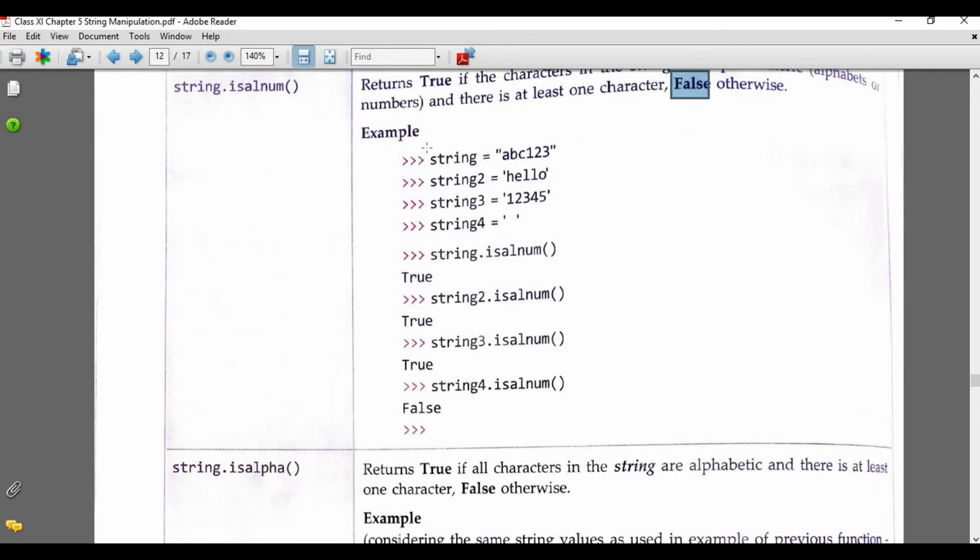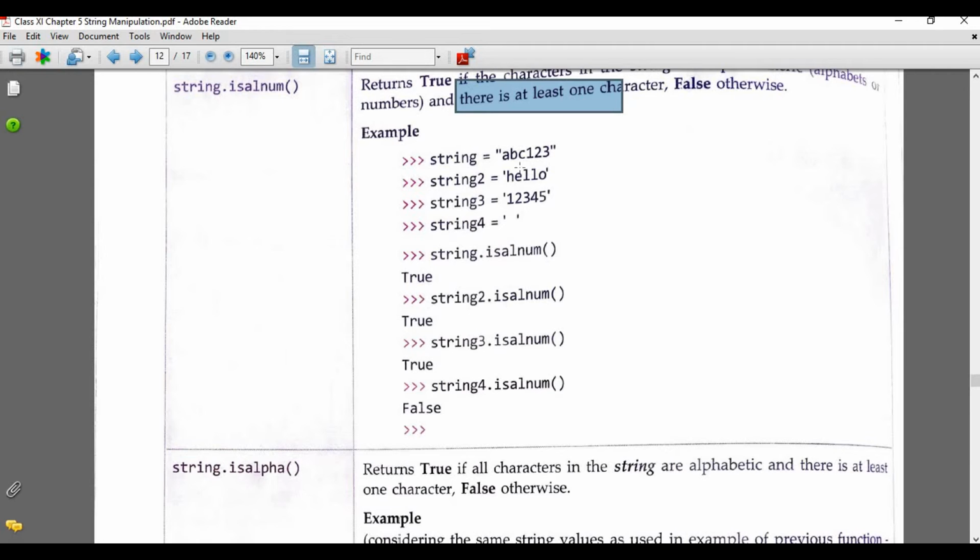Look at this. Here we have string, its value is abc123. String 2, its value is hello. String 3, its value is 1 2 3 4 5. String 4, its value is nothing, only quotes open and quotes close. Now string dot isalnum will return true, because characters are present, and the definition says we need at least one character.